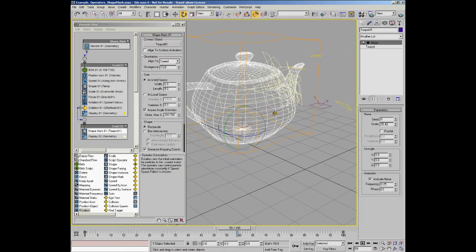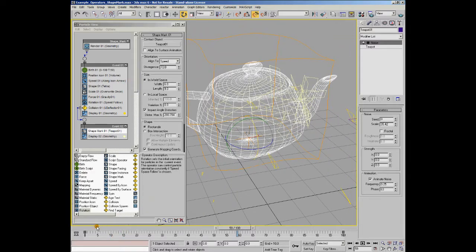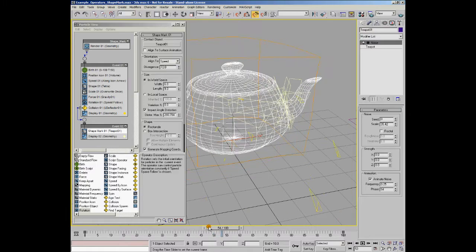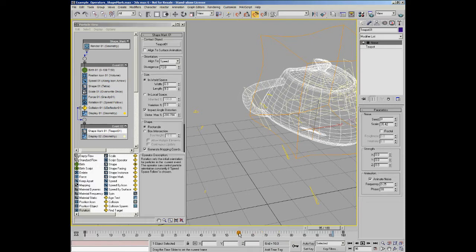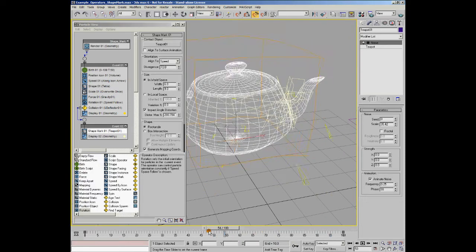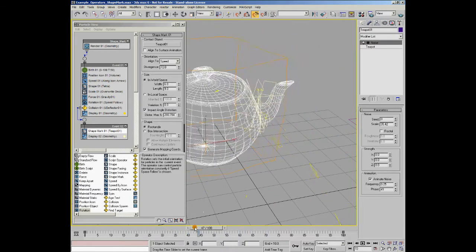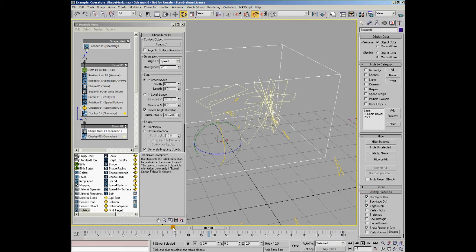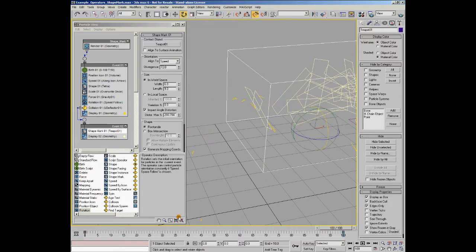Now, so far you can see the particles. If I scrub along the timeline, you can see the particles hit, and they're staying aligned to the actual teapot, but they're not actually sticking to the surface. If you look, the surface is wobbling around, and you can see that the particles are created. This might be easier if I change the teapot to display as a box. There you can see the particles are coming in, they're creating their shapes, and then they just stay exactly